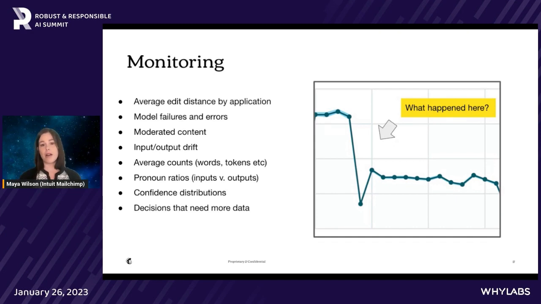We also track model failures and errors. Obviously, you don't want to see an increase in those, but you also want to understand why your models are failing or erroring. Sometimes they're indicative of changes upstream or downstream in a way that could become a problem for you. There are issues like rate limits and things like that that you're going to need to pay attention to as well, in particular when you're using models that you use on demand.